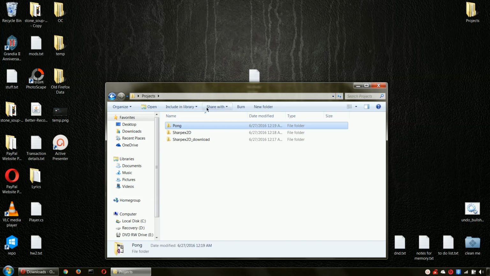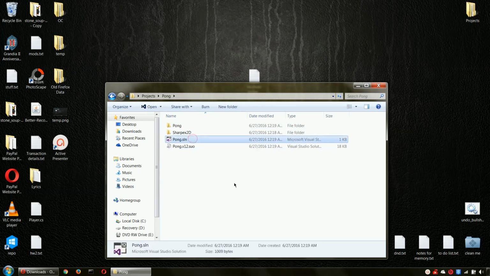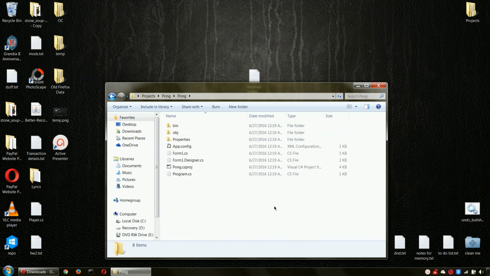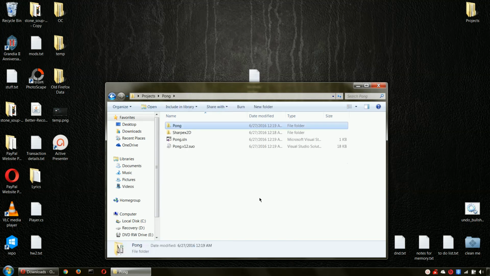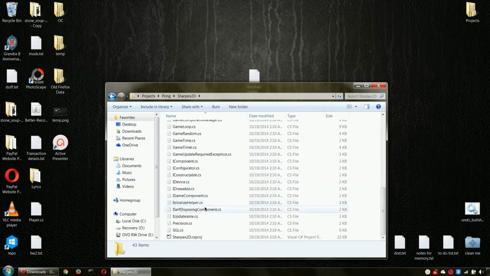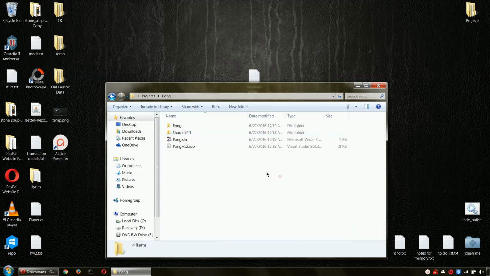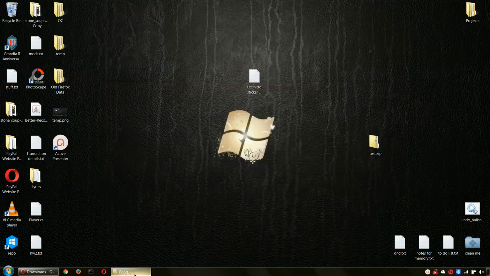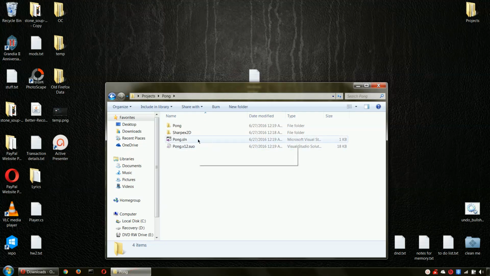Actually, what I want to do is this thing that I copied here, I really want it inside the solution directory. So I've got one solution, and I've got two projects here. One Pong, which is the actual game, and two Sharpex2D, which is the game engine. Two csproj files. And so cool. If I open the solution again, because I closed it before,